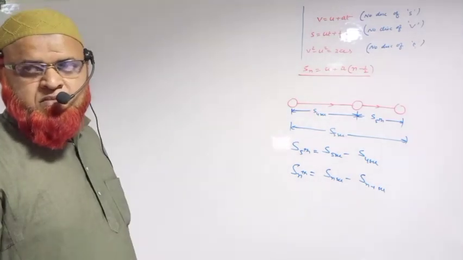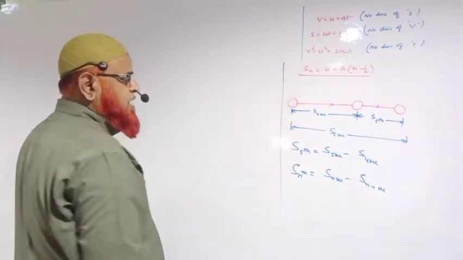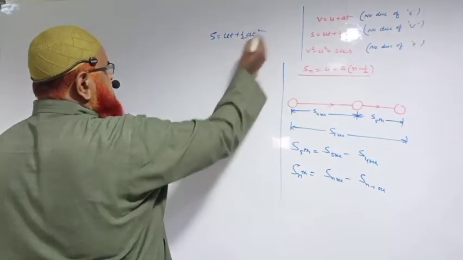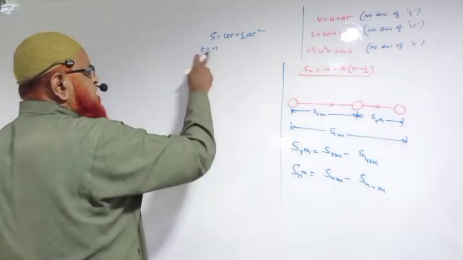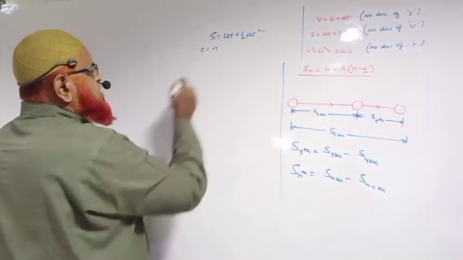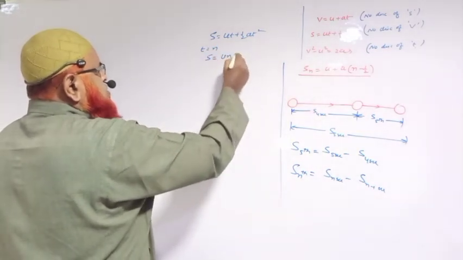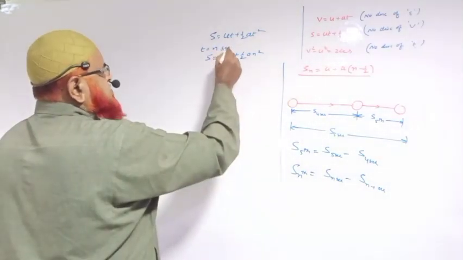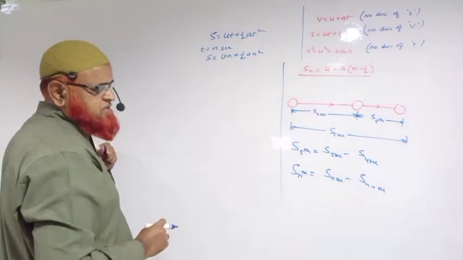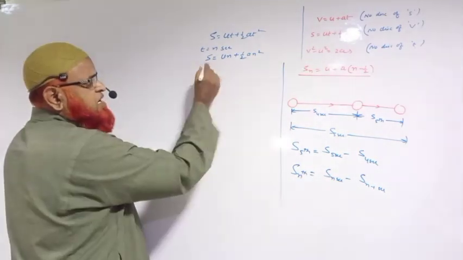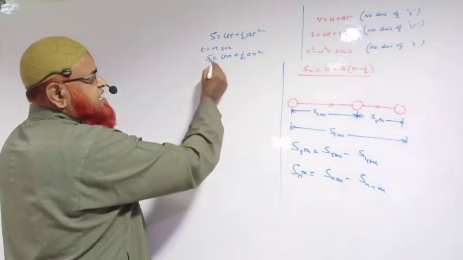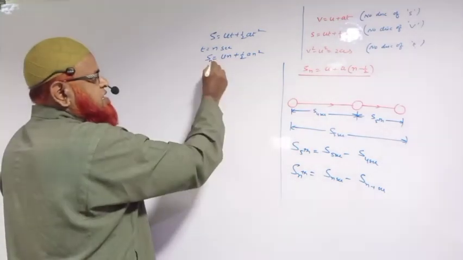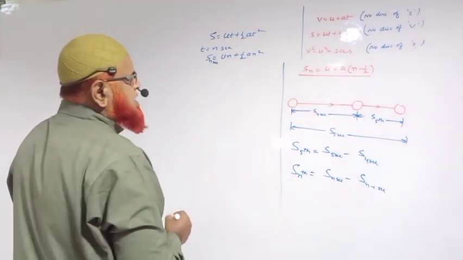Yes? Okay? So now what I am going to do is, you know the formula S is equal to ut plus half at square. If you replace t with n, what are you going to get? You just write S is equal to un plus half an square. So S n is the displacement in n seconds, meaning t is replaced with n seconds. In the place of t you write n. So un plus half an square you are writing now.